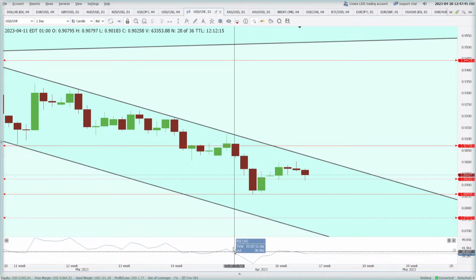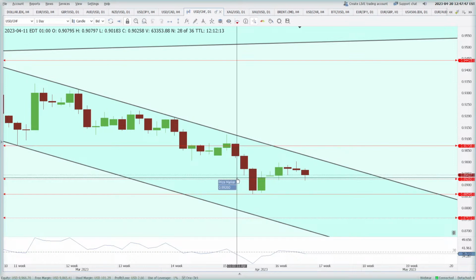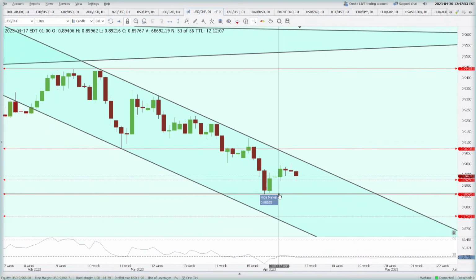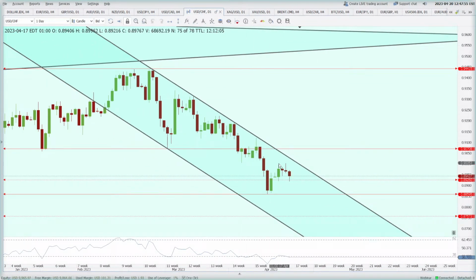I said, okay, there's a possibility that 0.8926 falls, breaks, and it happened, and we made a low of 0.8859 here, and then it started a small up move. Now this is something which is famous in the trading world by the name that we know as the dead cat bounce.